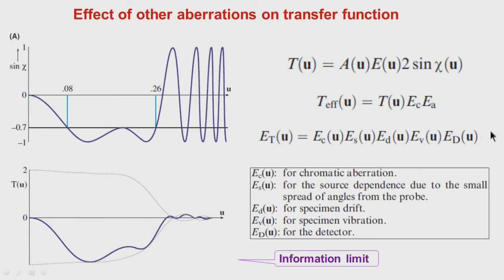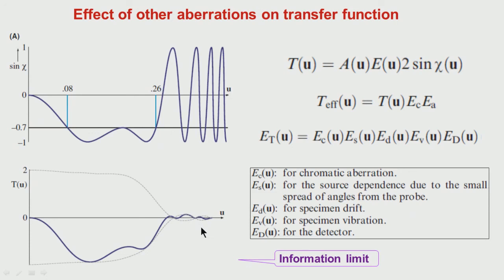What will be the effect of all these distortions is that when we calculate this value of Tu, which is essentially a product of all these terms, it turns out that beyond a particular value this term becomes almost 0. What is the value of delta k corresponding to which we could observe this? Okay. This is slightly better than this. This is called the information limit of the microscope. So, this is the maximum resolution which we can get.